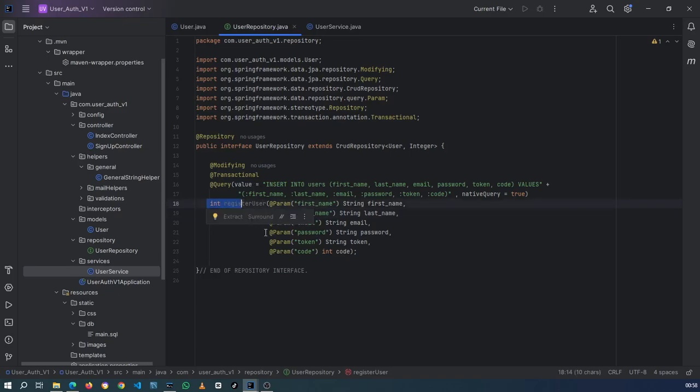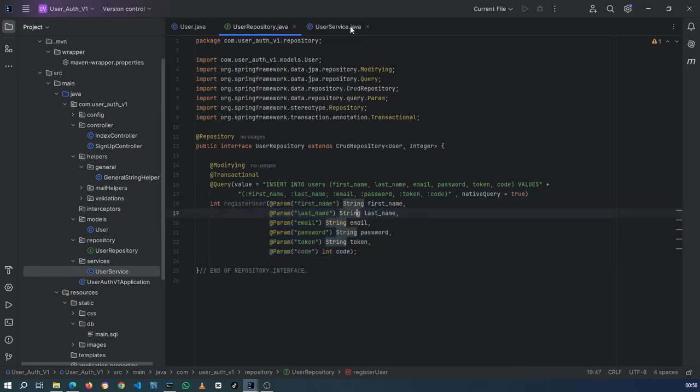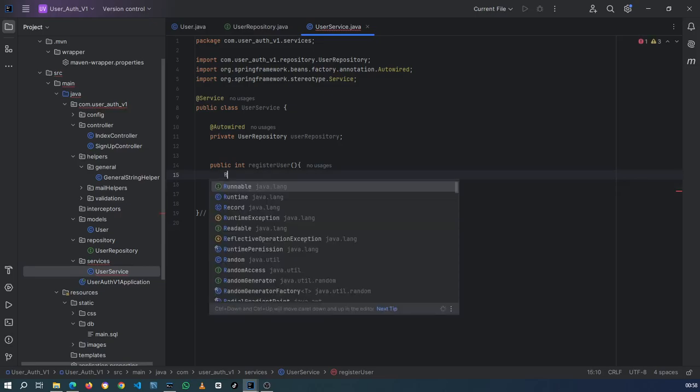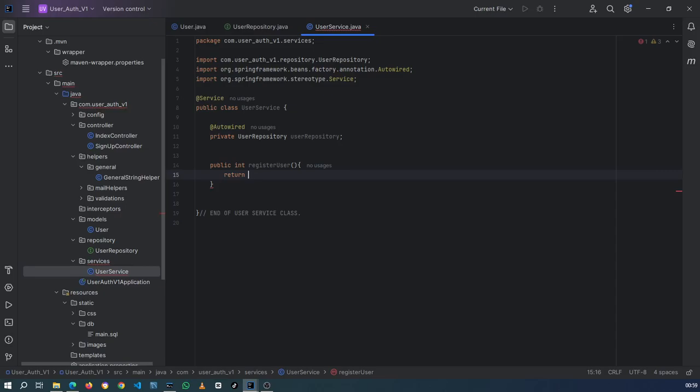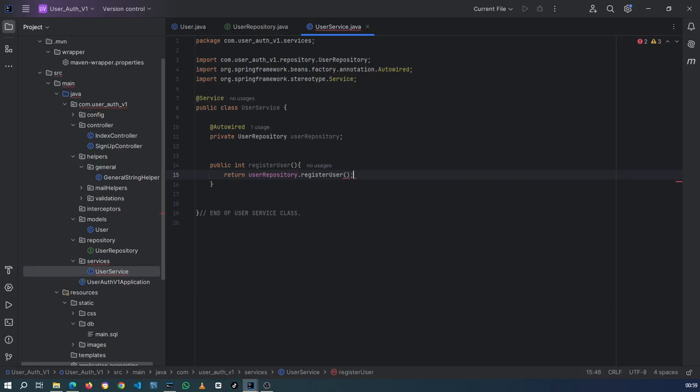It needs to return an integer, and the parameters of the method need to have exactly what we have here. So we're gonna say public int, and I'm just gonna call it the same, register user, and then we're just gonna say return user repository dot register user. So obviously we need the parameters, so we first have to add